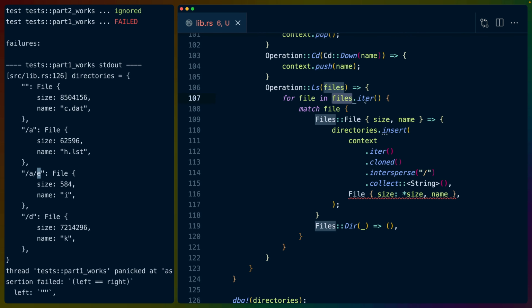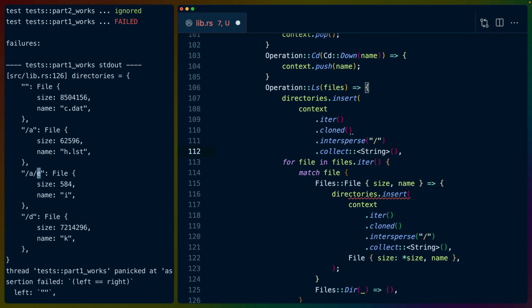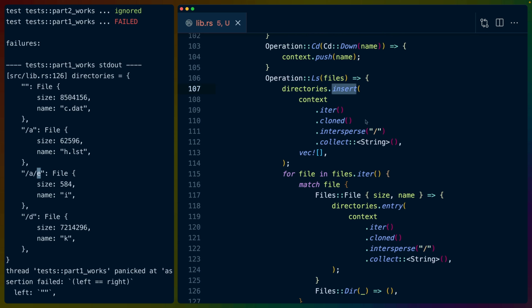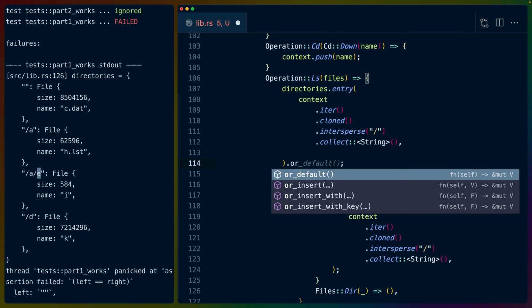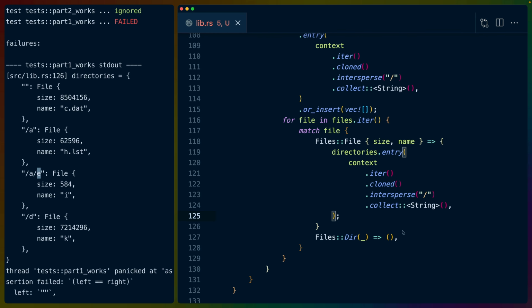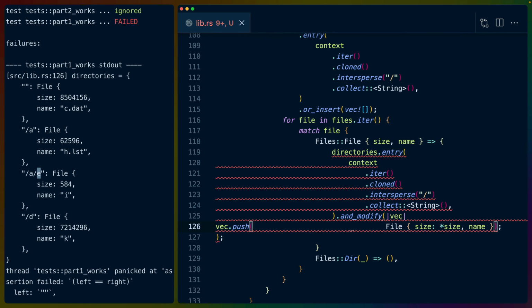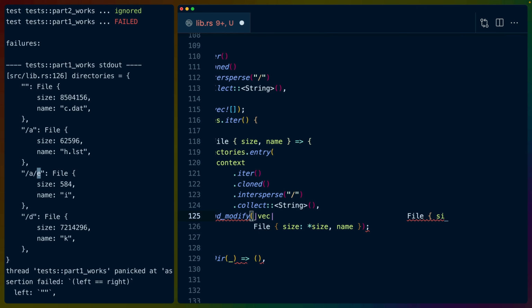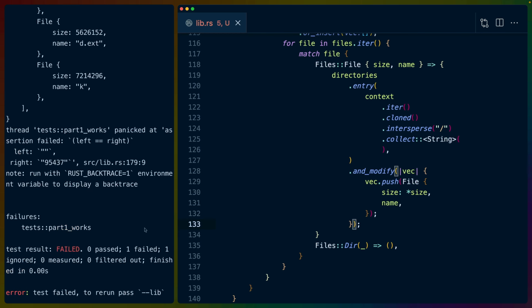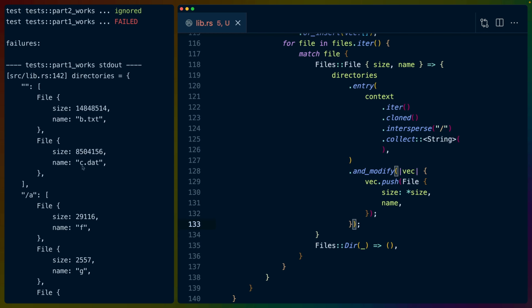So we could do this instead. We could do the directories insert empty vec, and then inside of this iterator, we do directories entry. I think insert is the wrong thing to do here. We'll do entry or insert vec. There we go. And then this will be entry and modify. We'll push this in there. That's why it wasn't formatting, because I had an extra file over there. So that all goes together, and then we look at the result again, and we get in the root we